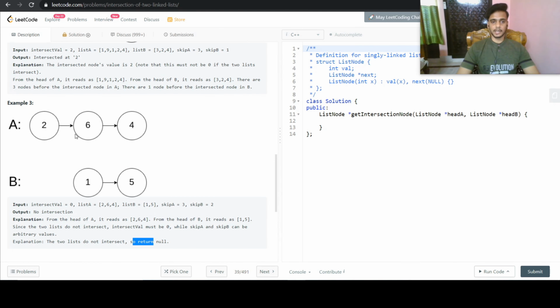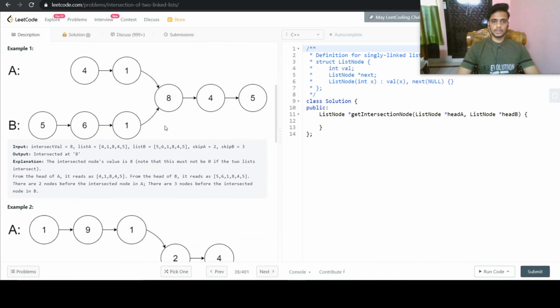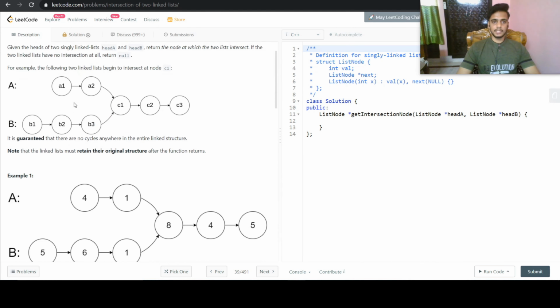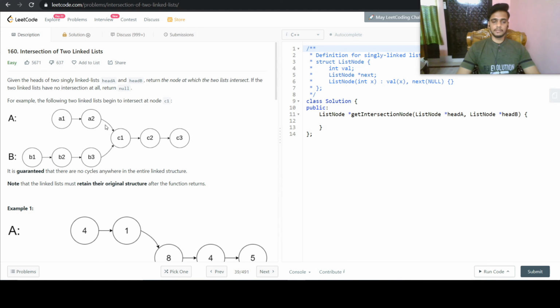Or else, in the case where there is no intersection, it may happen that we traverse this node, then traverse this node also, and the whole becomes null, and then we traverse this node and this node as well, and then the whole becomes null. So in that case we will keep on traversing, and then we will hit an infinite loop. So what we will do here is put a counter, because there will be only two nulls in the traversal.